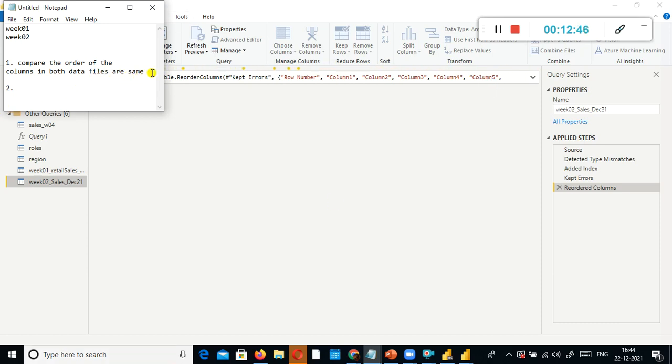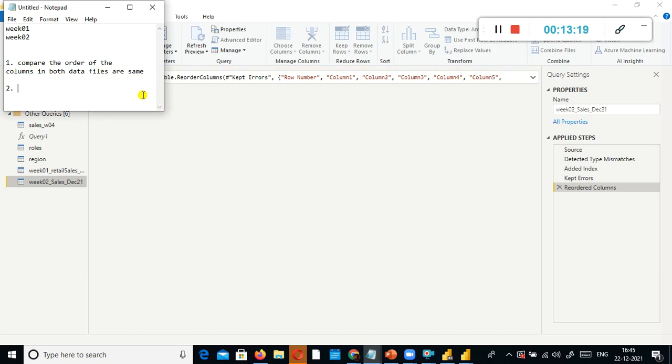It's simple common sense: all the columns in my second file should match all the columns in the first file's columns, right? If there is a mismatch, then it's a problem. Column names can be different, but the order of the columns is very much important. Like I said, in the first data set you have age and salary. In the second data set, if you have salary and age, it is a problem, right?